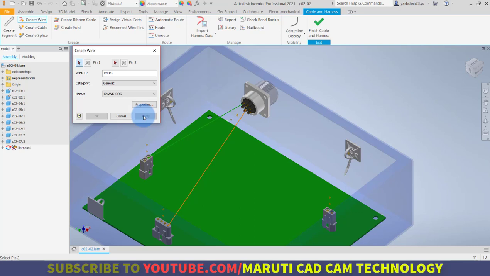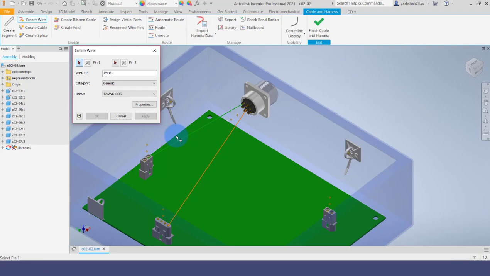I have the same drawing of this model in AutoCAD Electrical, and from that we will export for Inventor and import that schematic diagram in Autodesk Inventor by using Import Harness Data, and it will automatically create all the wires with all the reference designators. So now we will go for that process.